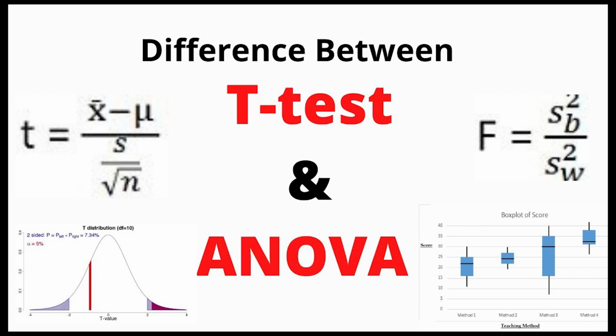When is ANOVA test preferred over t-test? To answer simply, if we have more than two groups, then we prefer ANOVA over t-test. However, the important point here to note is that technically we can perform t-test with more than two groups as